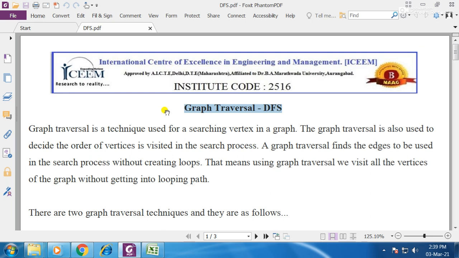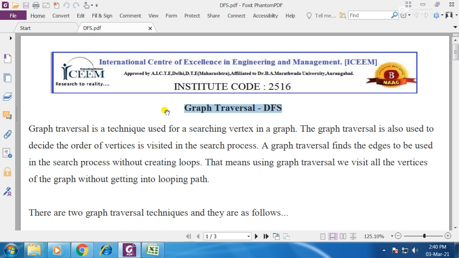Graph, as we have seen, graph क्या है? Graph is nothing but the collection of vertices. They are connected by the edges. So the vertices are there. यहाँ पर देखिए vertices हैं. So these vertices are connected by the edges. So a graph is nothing but a set of vertices and a set of edges.